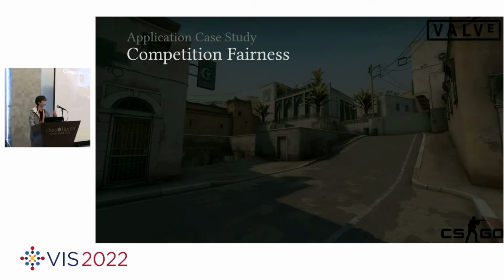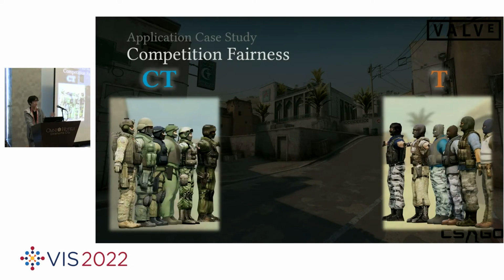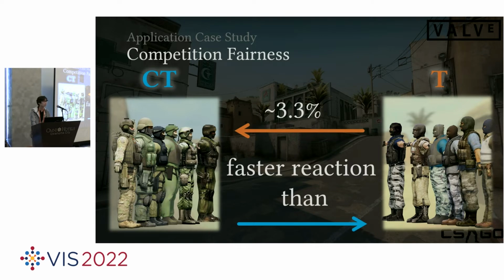To use it in some application, we applied our model to various scenes in the video game Counter-Strike: Global Offensive and observed very interesting results. In Counter-Strike, the two teams competing against each other, the Ts and the CTs, have different character models, as you can see here. Therefore, the visibility of these characters varies depending on the background that they appear on top of. We analyzed snapshots of in-game footage from esports matches using our model and estimated that on average, a T will spot a CT model around 3% faster compared to a CT spotting a T model on the map Dust2. This corresponds to roughly 1 frame difference at 60 FPS,